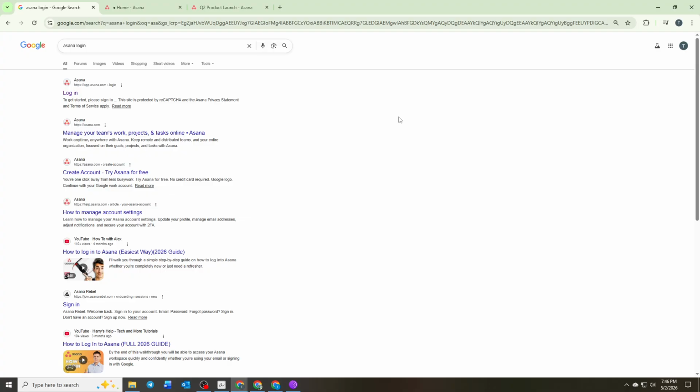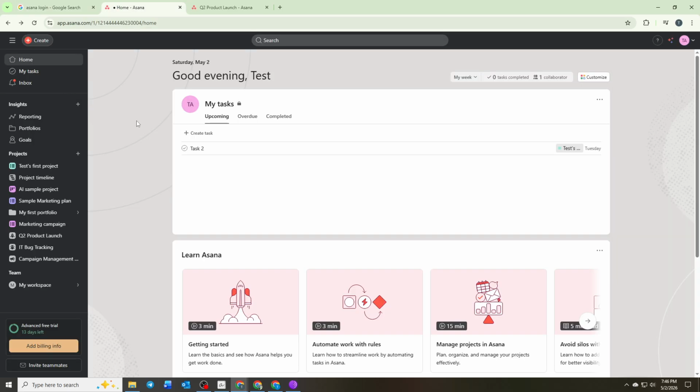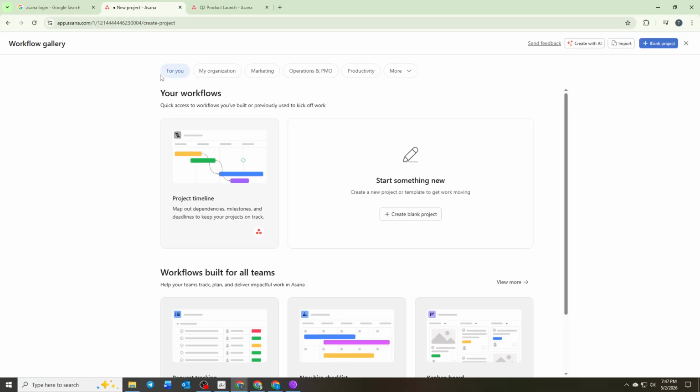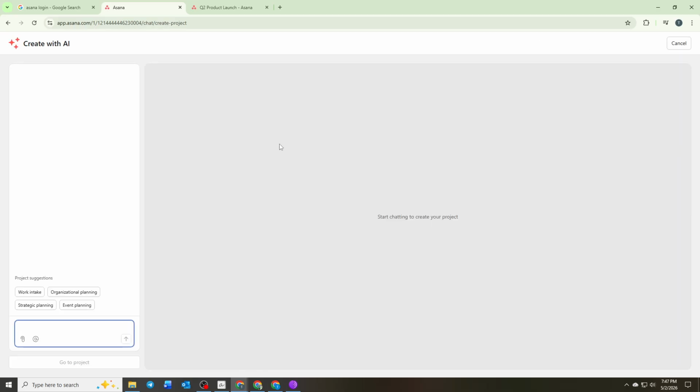Begin by logging into your Asana account on your desktop. If you have access to multiple workspaces, take a moment to ensure you are in the correct one, since your project will inherit that workspace's permissions and structure. Next, navigate to the top bar and click the Create button, then choose to start a new project. On the Setup screen, select the option to Create with AI. This allows Asana to generate a foundational structure for your launch plan, so you don't have to build everything manually